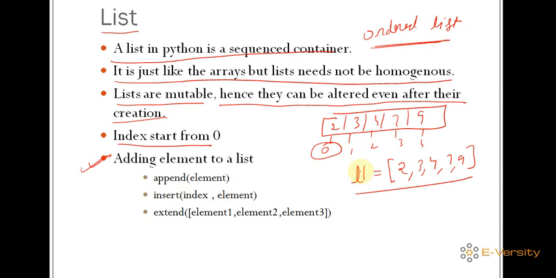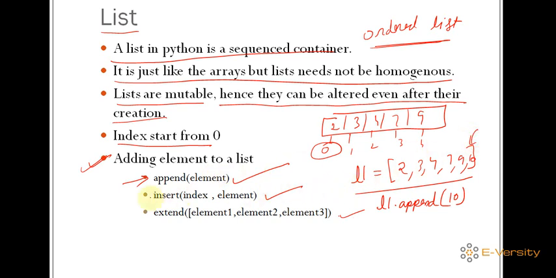If you want to add some element into a list, you can use the append function, insert function and extend function. But those three have different approaches. Basically append is used for adding only one element. If you want to add one more element, L1 dot append and the element. You can see when you enter append 10, 10 is added at the end of the list. The main negative point of append is you can add only one element, and it must be added at the end.